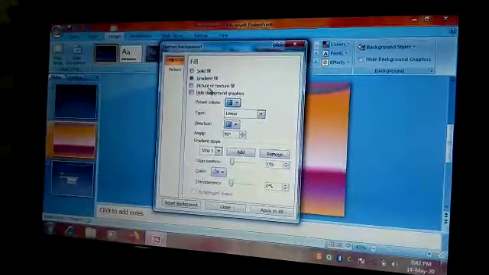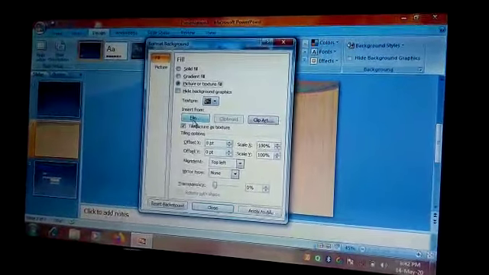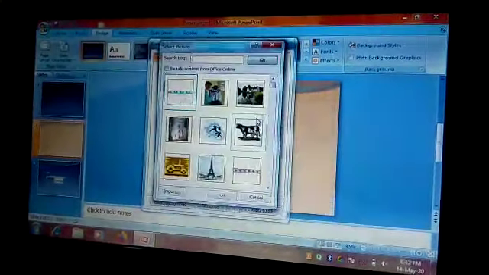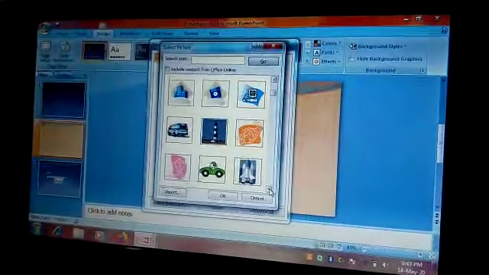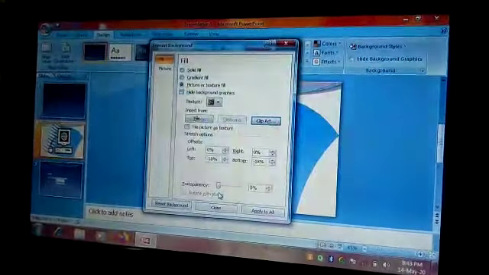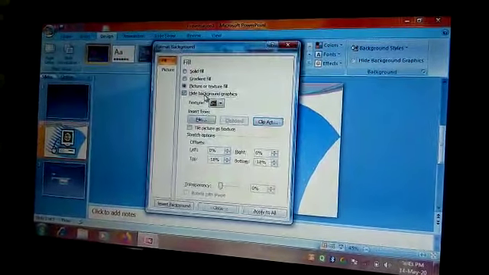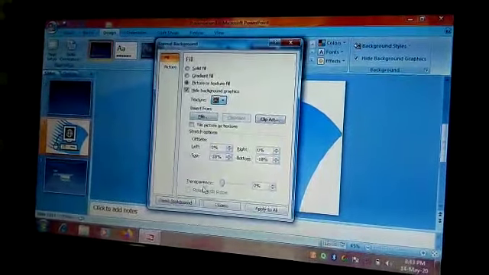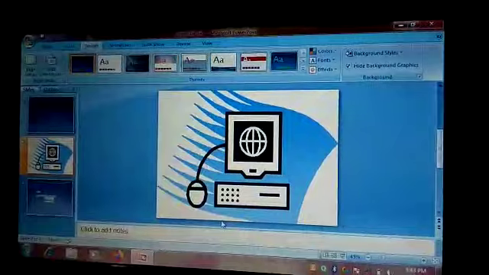Besides this, if you want to insert any picture to make it a background on a slide, you can insert it from any file. If any picture is present in your file, go for the file option. Otherwise, you can take clip art. As you know, the clip art gallery is over here and predefined pictures are over here. If you want any picture from this clip art gallery, just select that picture, insert it in your slide and say OK. So that picture will be inserted to your selected slide. Then hide background graphics, this option is also here, and texture, as I showed you, various textures are all available here. And then say close, or apply to all if you want to apply it to all the slides, and then say close. Thank you guys.